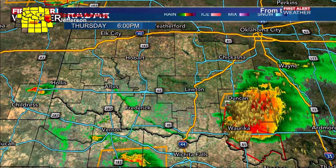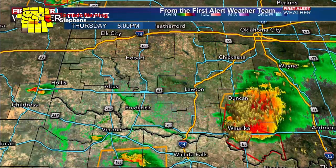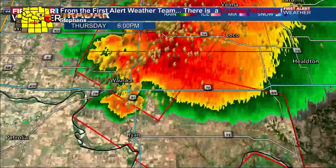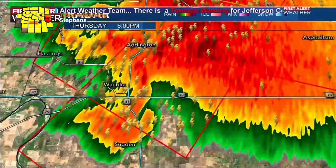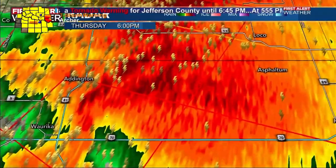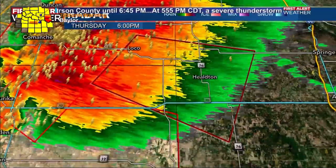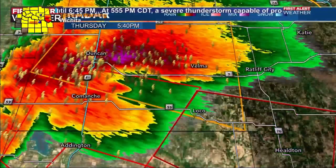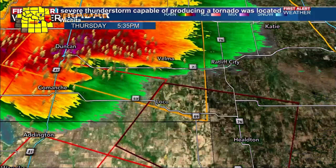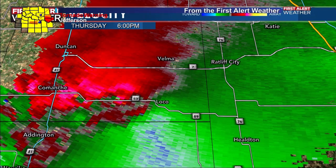Cotton Electric, while that loads, tornado warning still moving southeast at 40 miles per hour for Jefferson County. Waurika, the rain has just passed over, continuing to move southeast along Highway 81. A new tornado warning now includes Loco, and the one on the backside will probably expire. Velma is no longer under a tornado warning. Not that you guys were ever in a tornado warning,